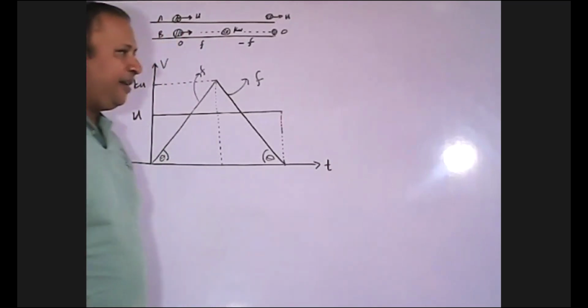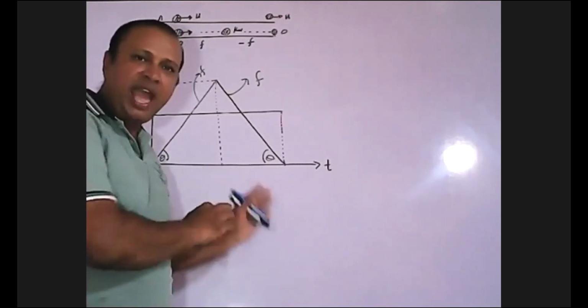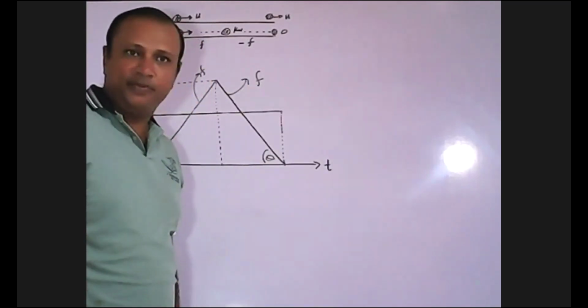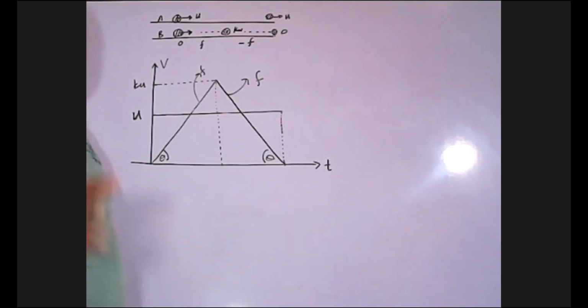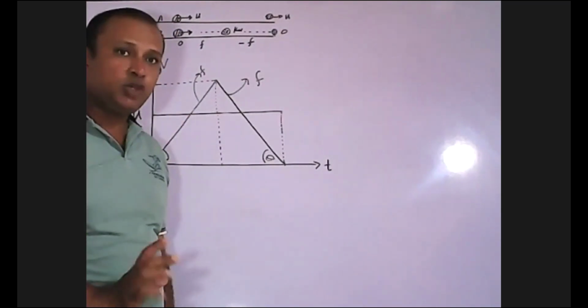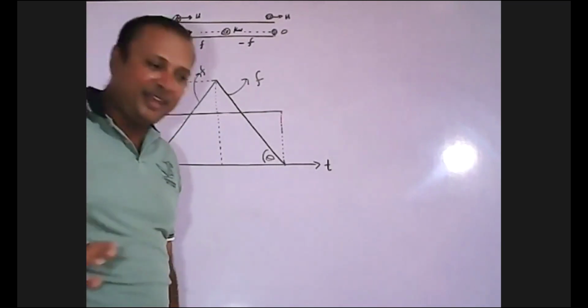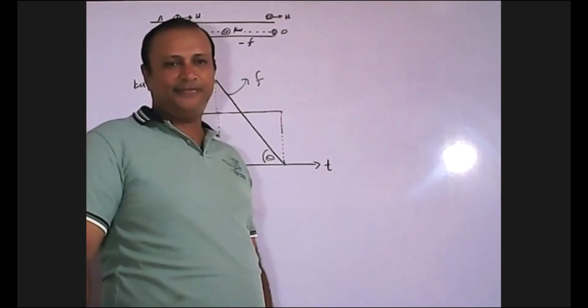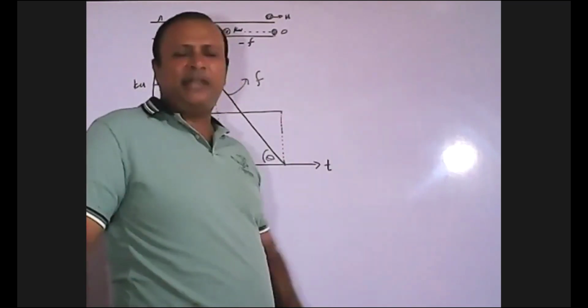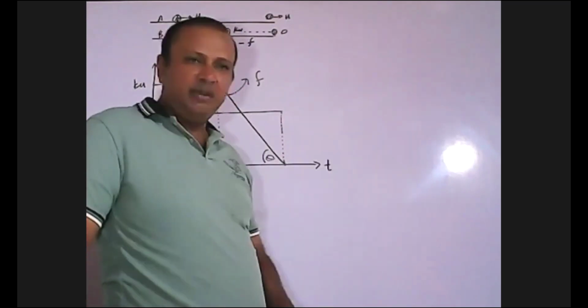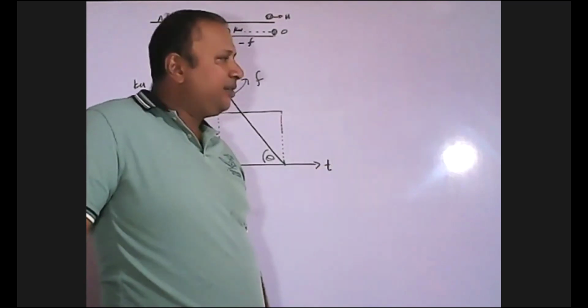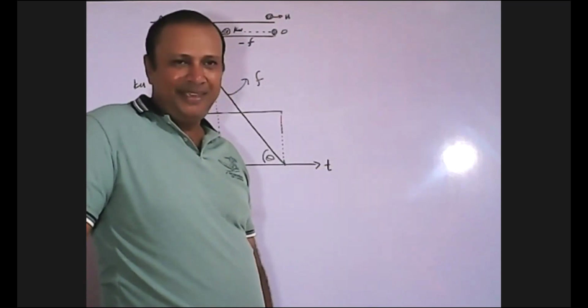Okay, because initially it had a constant speed. Okay, but train B start from rest, but after that the train B had an acceleration. Therefore after some time definitely train B can pass train A. Okay, then